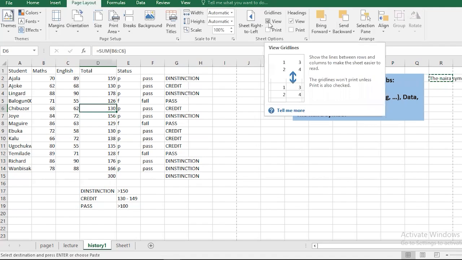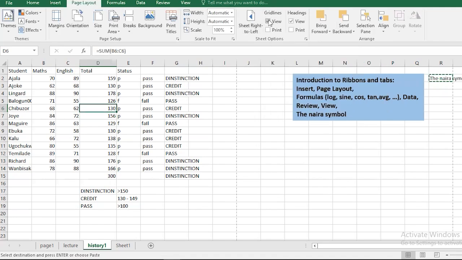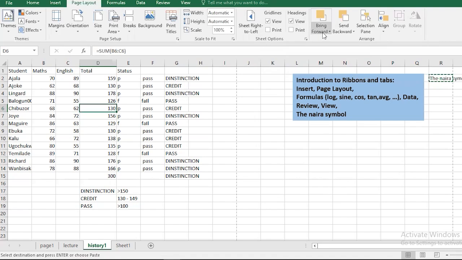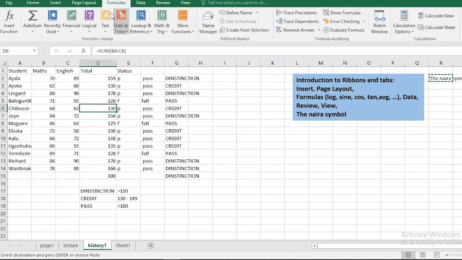You can also check the gridlines or the headings. For pictures and objects, you can bring them forward, you can take them backward, you can set some alignment and so on. Also in the ribbon, this Formulas tab is very, very important